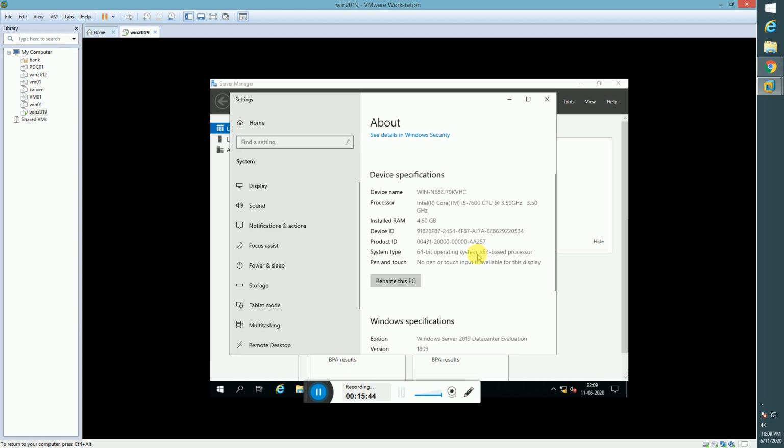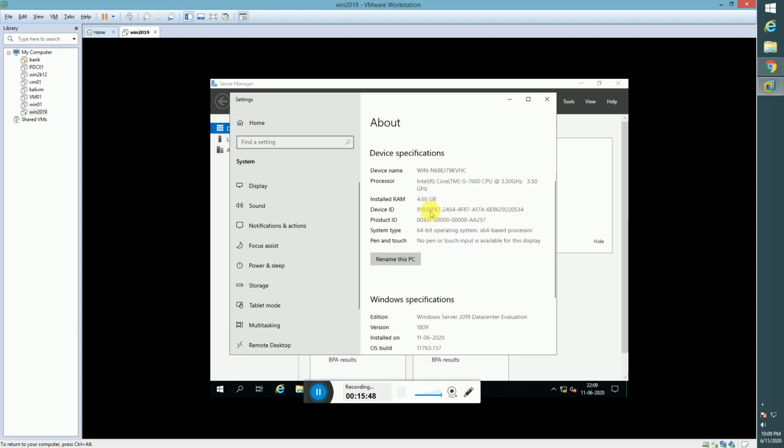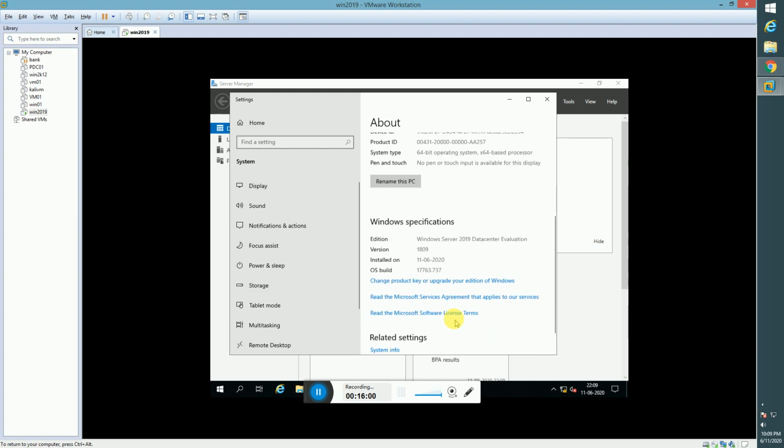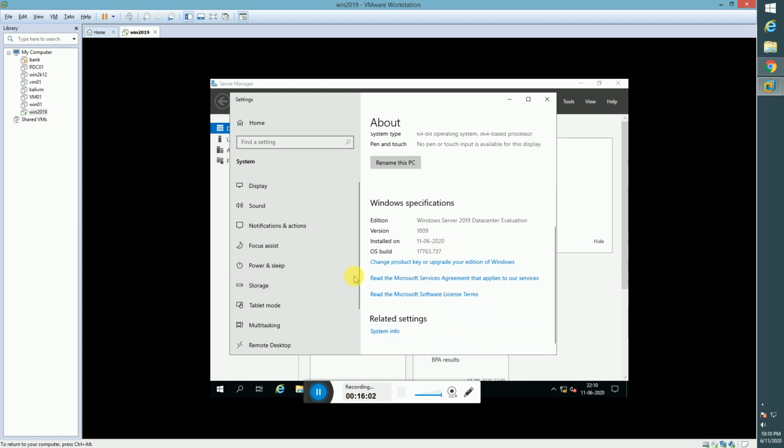It will show system type, processor, host name, then the edition. Here it is the edition. It is Windows Server 2019, and the version, the date installed, and the OS build version.